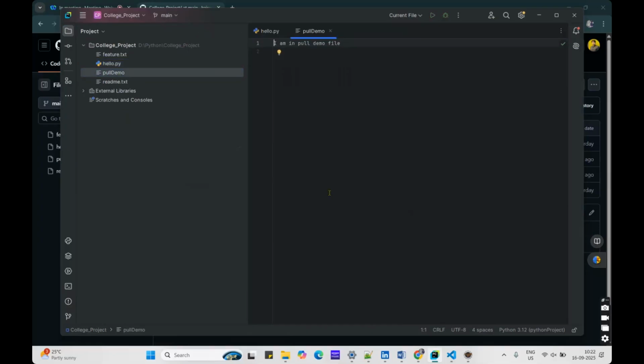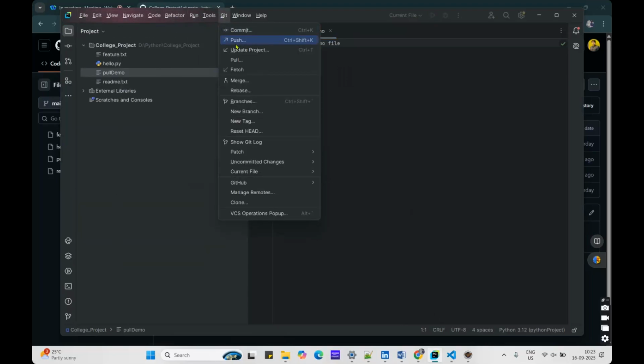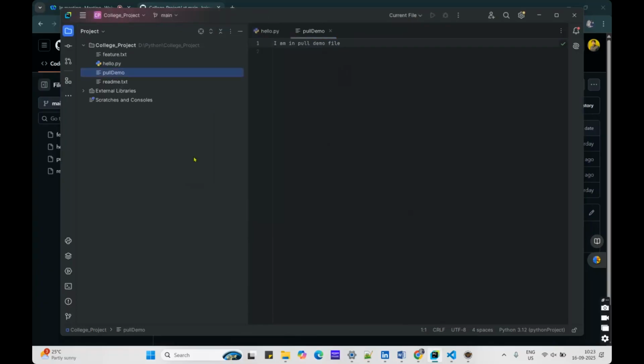into our remote repo. So this is how we work with Git in PyCharm. We also have push, update and branches here. PyCharm is mostly used for Python developers, so for the Python level, I just explained about PyCharm. Okay, now